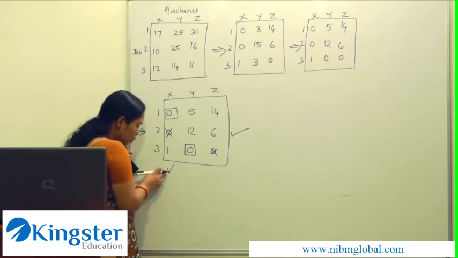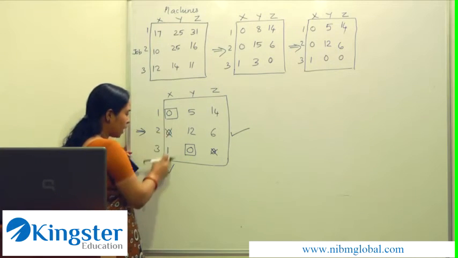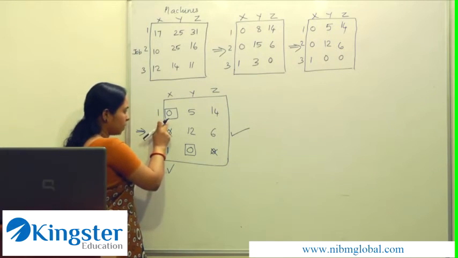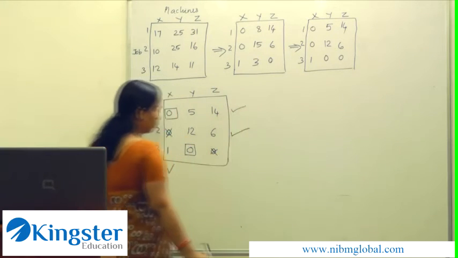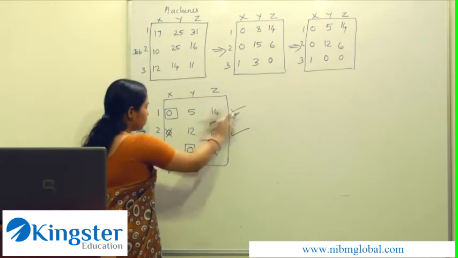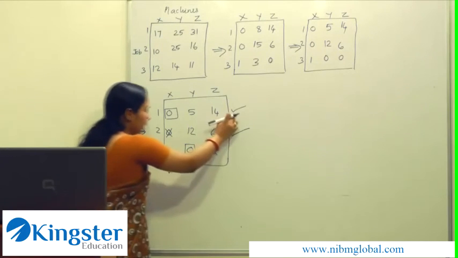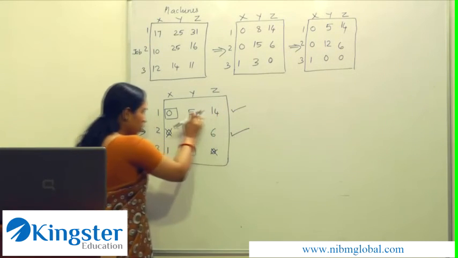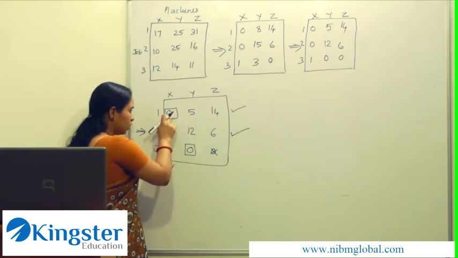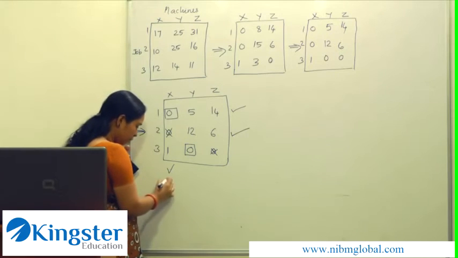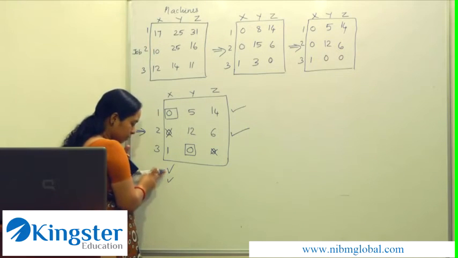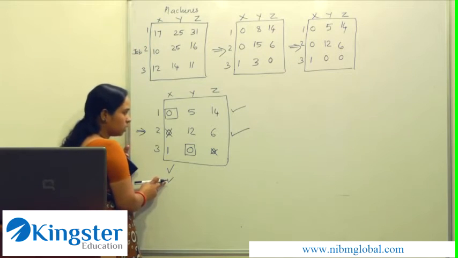Now consider the newly ticked column for assignment. Where is an assignment made in this column? Yes, we have an assignment here. The corresponding row should be marked. A tick mark is made against the first row. Now again consider the newly ticked row for zeros. We have a 0 here and the corresponding column should be marked. But we have a mark already, the one tick mark is made here. So the procedure is over.